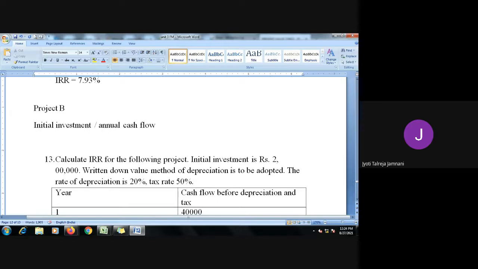Initial investment is 10 lakh for project B, divided by the annual cash flows of project B, which are 2 lakh 80,000. So when you divide this, you will get the value